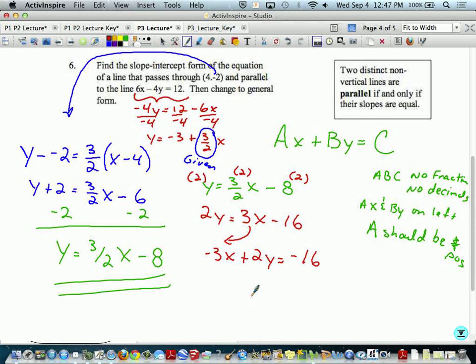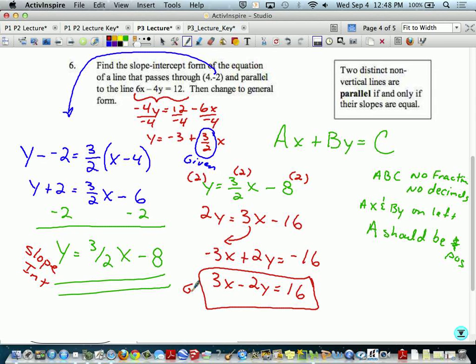But to make sure that that's a positive, many of you may say multiply by -1. You could divide by -1 or simply switch all the signs, right? Everything switches. So if this is negative, it switches to a positive. If that's positive, it switches to a negative, and that's negative, so it switches to a positive. That works. So this is slope intercept,